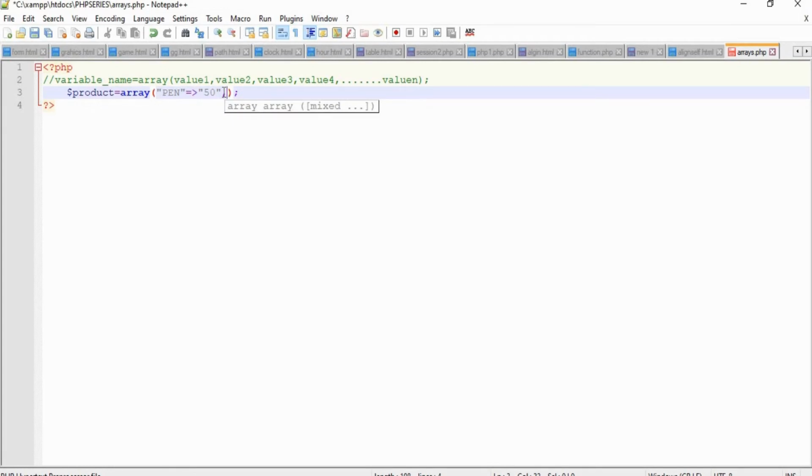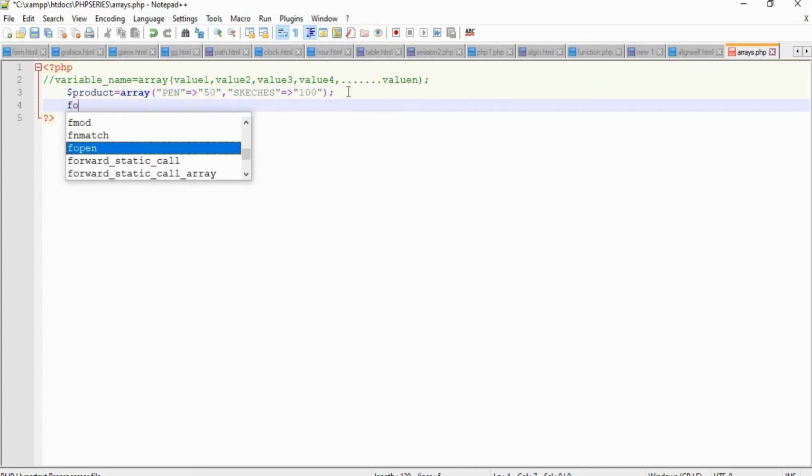So to add another value, we can again open double quotes and provide another value, sketches, which is going to be associated with the value of 100. So similarly you can create n number of key and value pairs, right? So to loop through an associative array we can use a foreach loop, right?